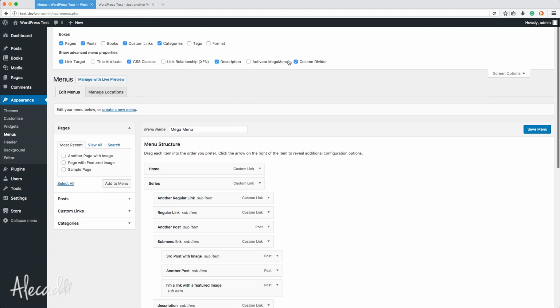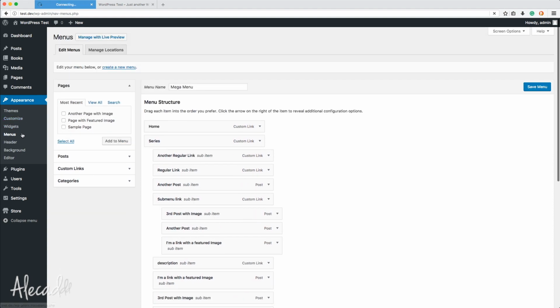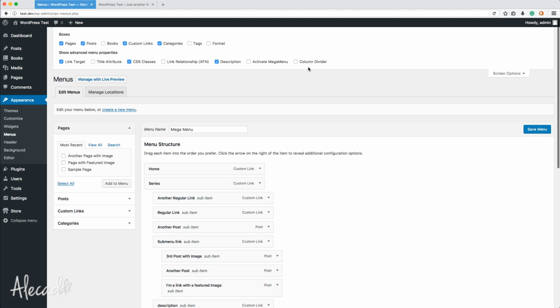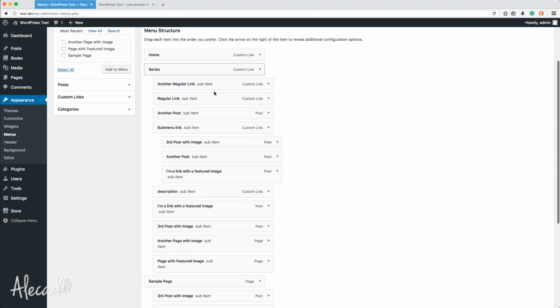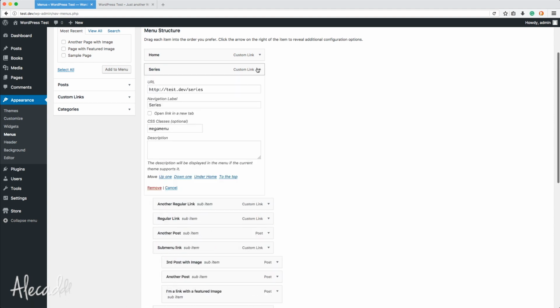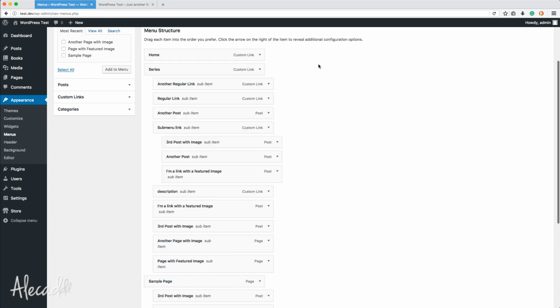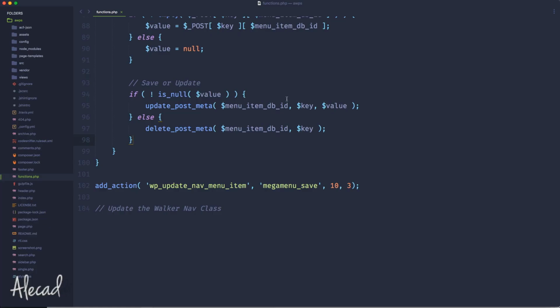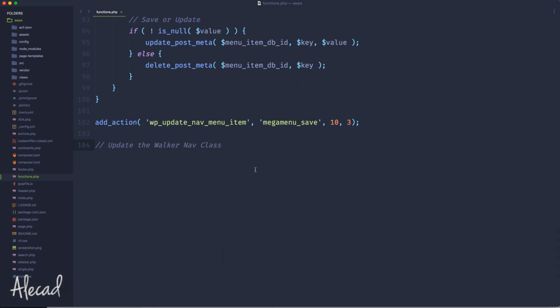If we just check and uncheck this and refresh the page, it's going to maintain our option, but this is not related to our menu. What we did right now is we just handled the saving and updating of all our fields, in case we're going to print our fields here. So that's pretty straightforward. Now, the last thing that we have to do